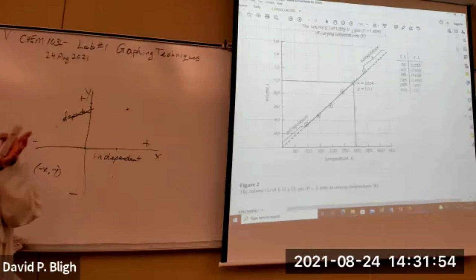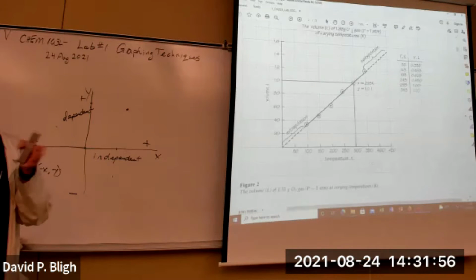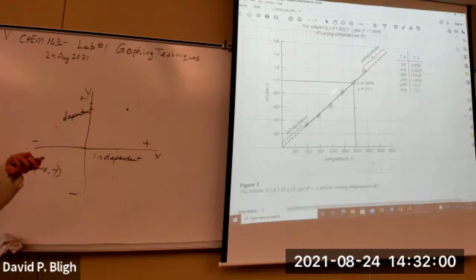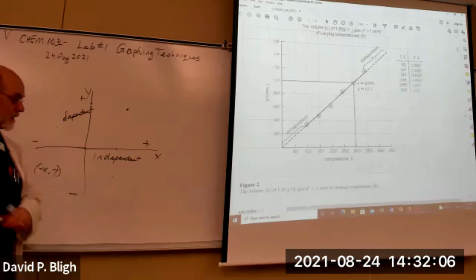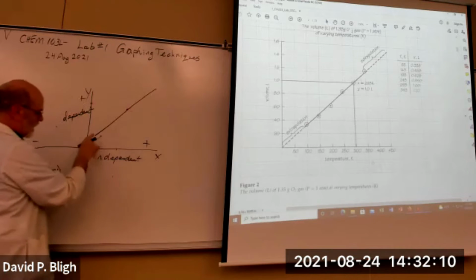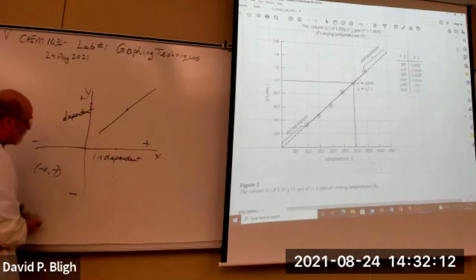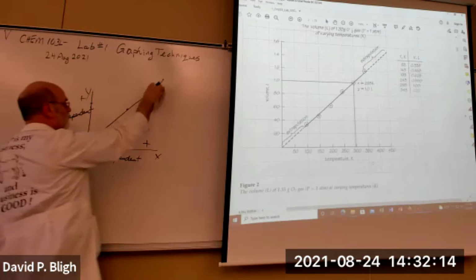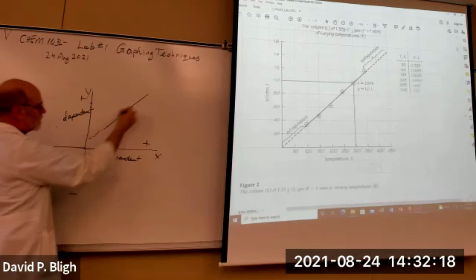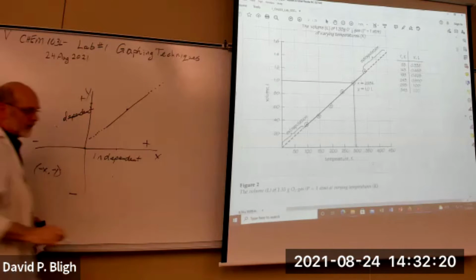You're inside the measured points. Interpolation. Sometimes you can stretch it a little bit outside the measured area, and that's called extrapolation. It's a little more hazardous to do that. And if you have a straight line there, and you say it stops right here, and it stops right there, and we want to extrapolate, then usually